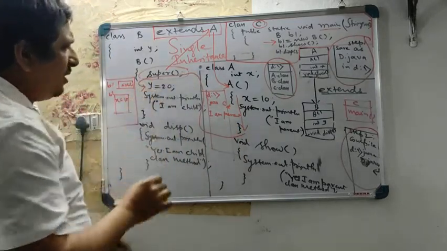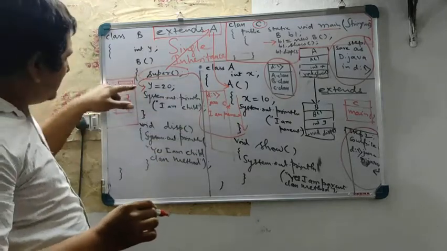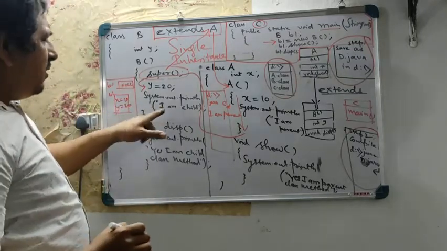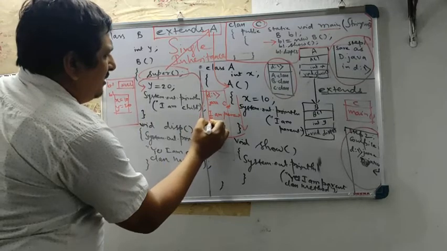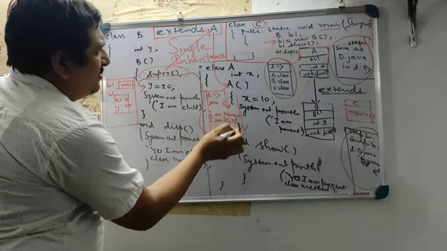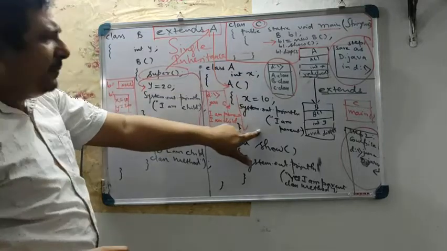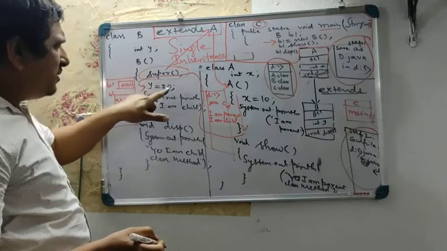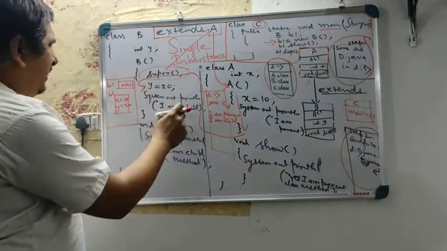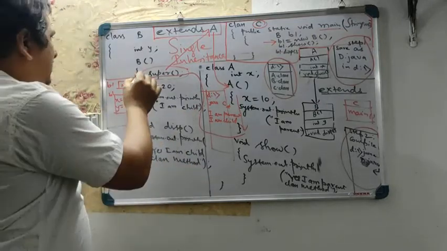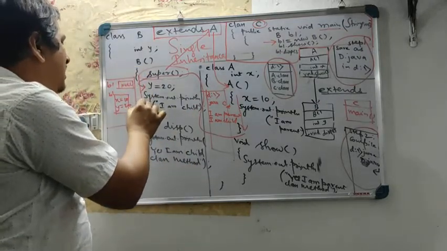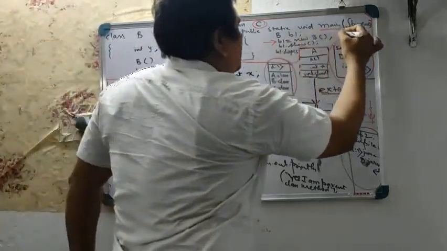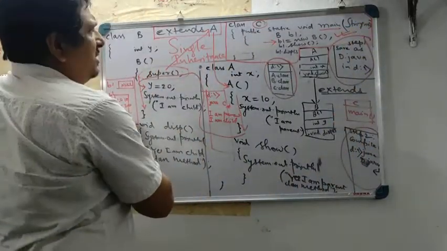after this. After completing this line, it will go just after super and execute this. So y equals 20. Now it will print I am child. So here it will print I am child. So what actually happened? It will come here, execute the parent constructor, go back to the next line after super, execute y equals 20, and then print I am child. Now once the execution of the child constructor is completed, the execution of this is completed and object creation is also completed.